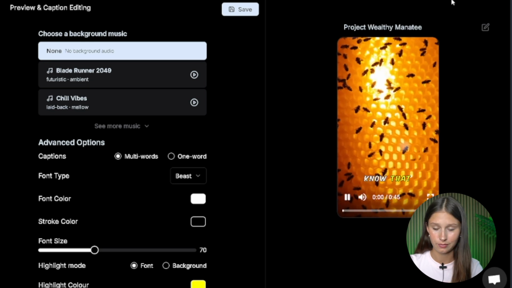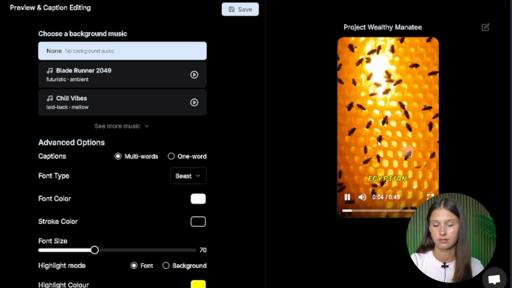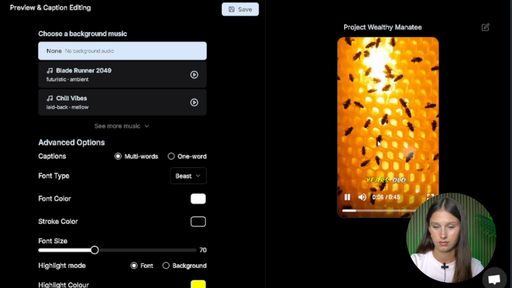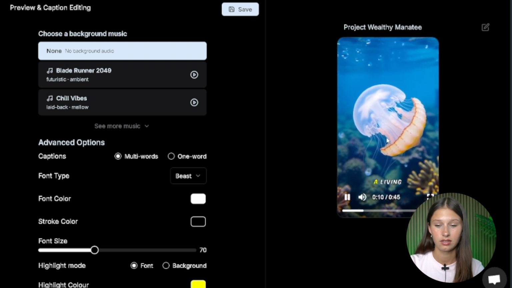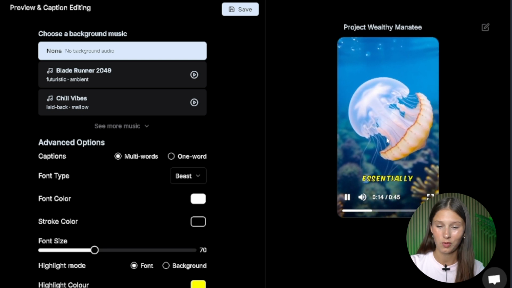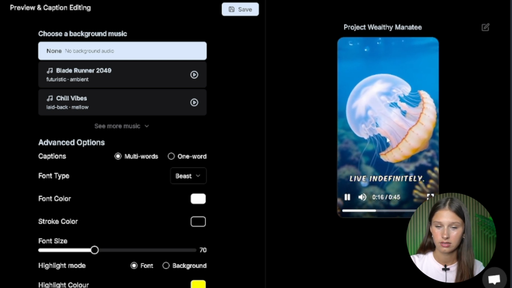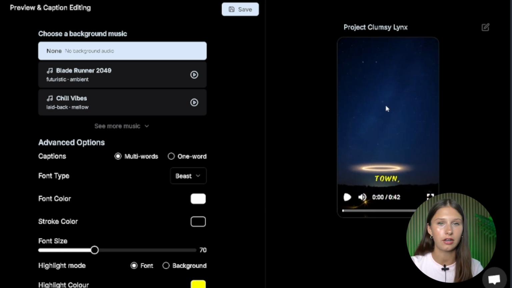Here we've got another one. Did you know that honey never spoils? Archaeologists found pots of honey in ancient Egyptian tombs that are over 3,000 years old. That's crazy. Speaking of ancient wonders, scientists discovered a living species of jellyfish that can revert to its juvenile form, essentially allowing it to live indefinitely. That's crazy. Yes, I forgot about that. That kind of bugs me every time I hear it. I'm like, wait, what do you mean this jellyfish can live forever?